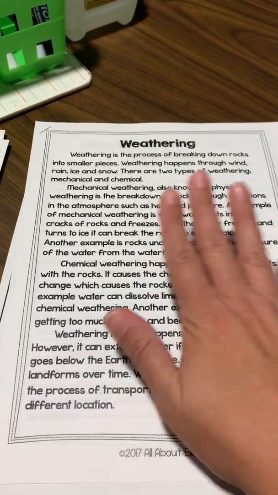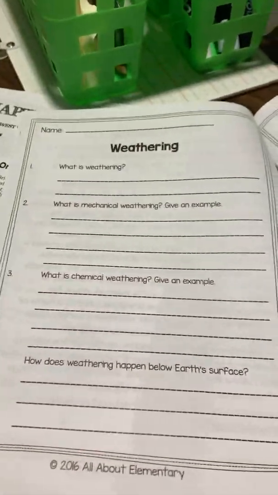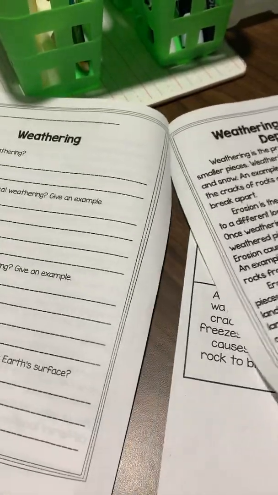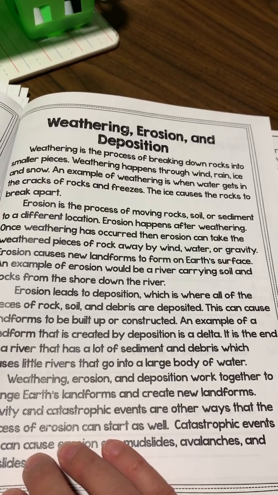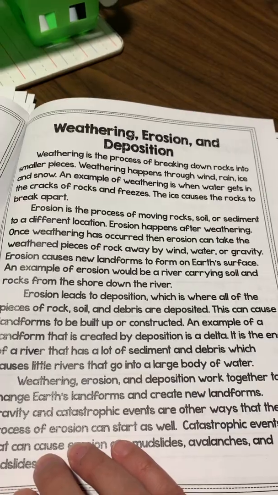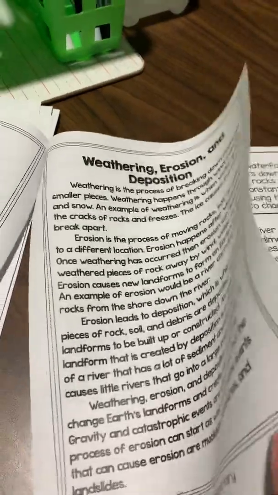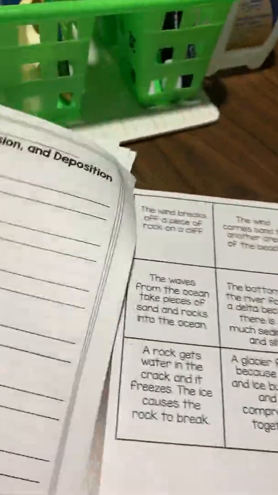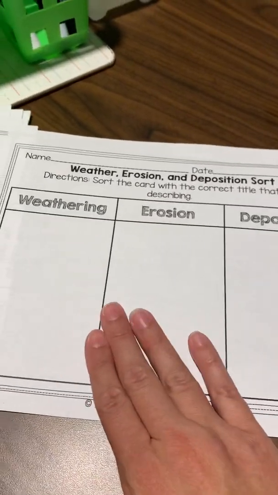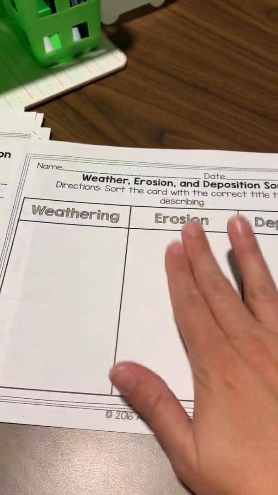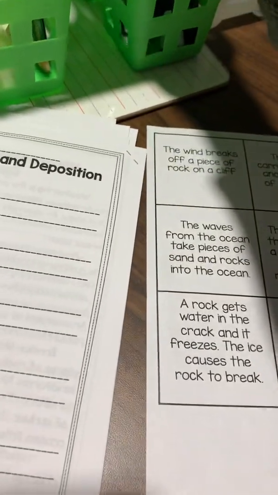All right, so we have a passage here that we're going to read about weathering, and some questions about it that you're going to have to go back and answer. Then this is about weathering, erosion, and deposition. Those are different kinds of processes that we're going to talk about, but that's a very big fourth grade thing. So I'm going to read these to you. When you're finished with the weathering, erosion, and deposition sheet, you need to mark on here. You're supposed to sort the things, but you don't have to do that. You can do just this side, and you can mark things